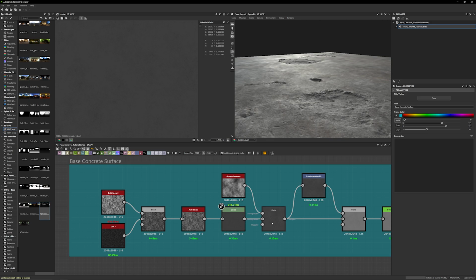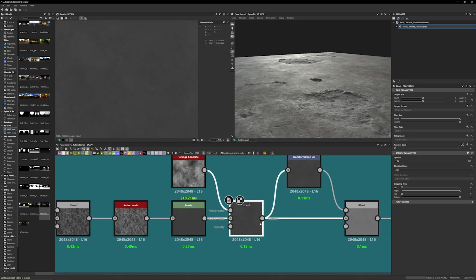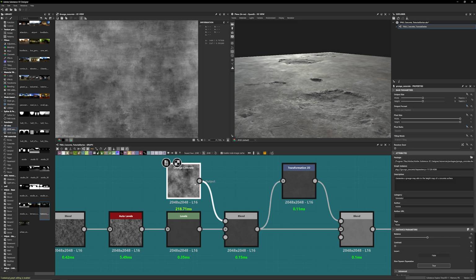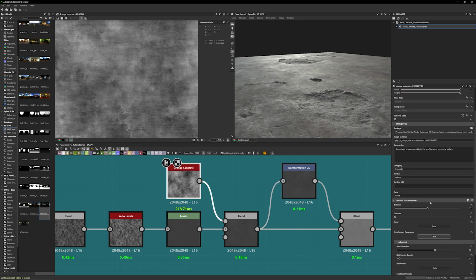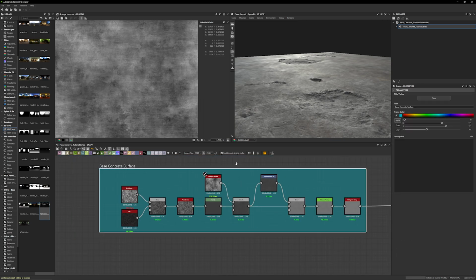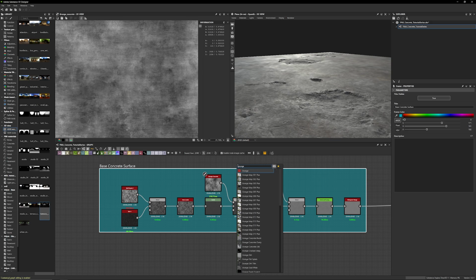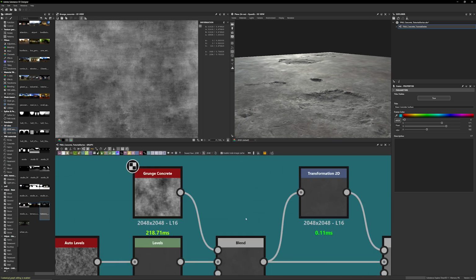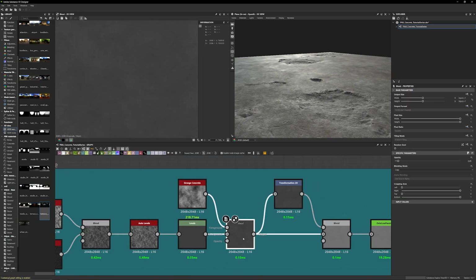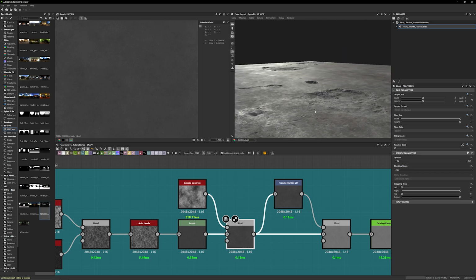So in the next move, I'm using a blend node together with a grunge concrete node. This is a base node. You can find it by using the search tab here, just search grunge concrete. And I'm blending it over with a copy again with a very low opacity. We will blend a lot of stuff with very low opacity here, and that's for a reason, because everything we add, we don't want to have too much impact on the